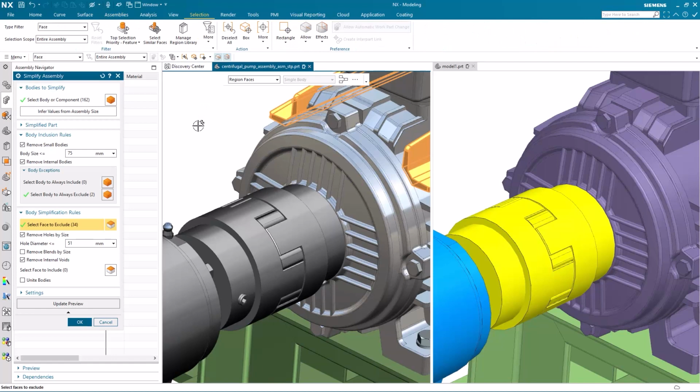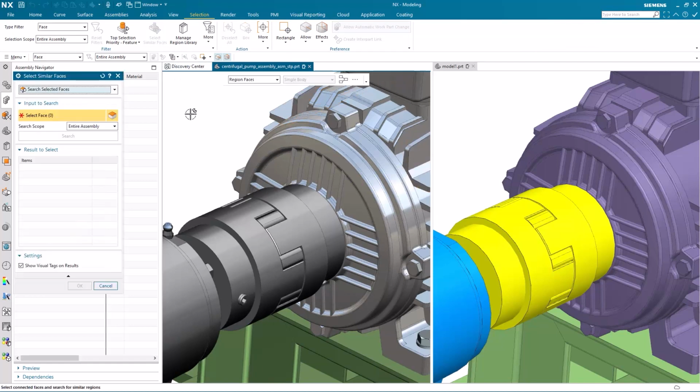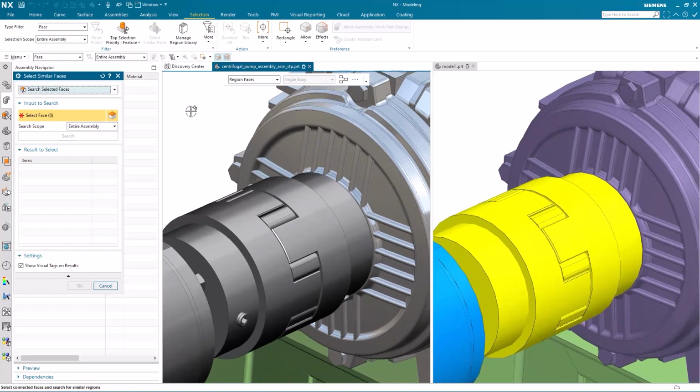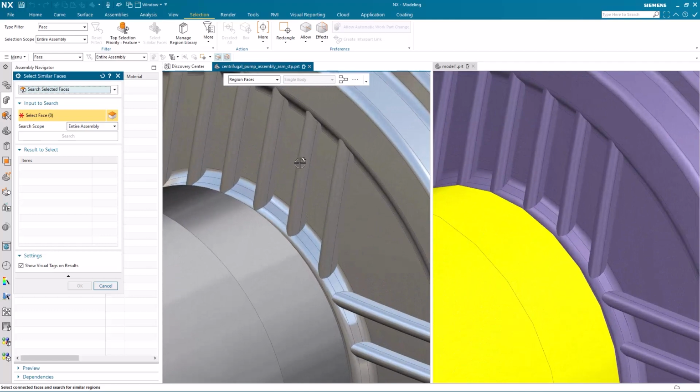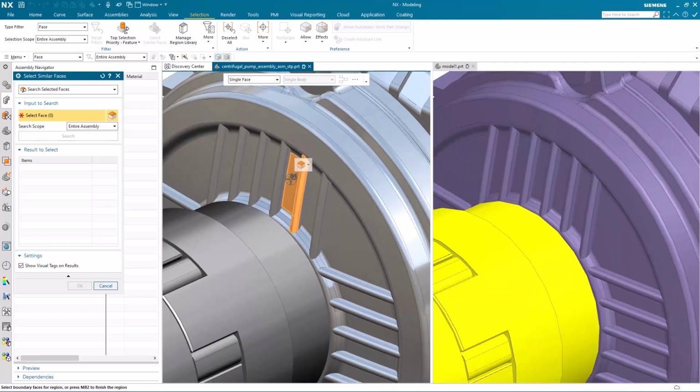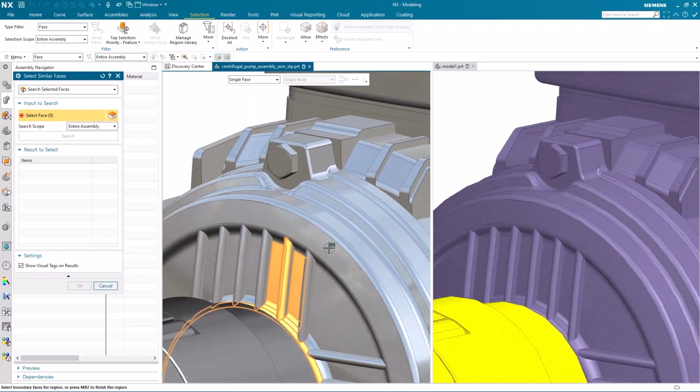I can go into the Selection tab, choose the Select Similar Faces, and I'm checking the entire assembly, not just the work part. I can pick up on one of the faces of those ribs and then pick on the boundary faces, so I can define my region.